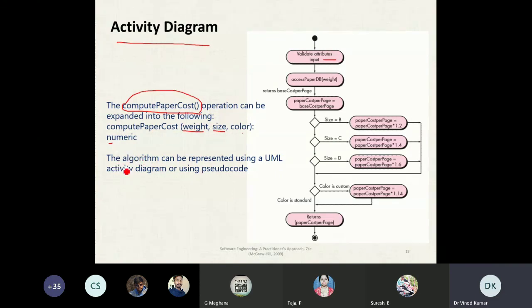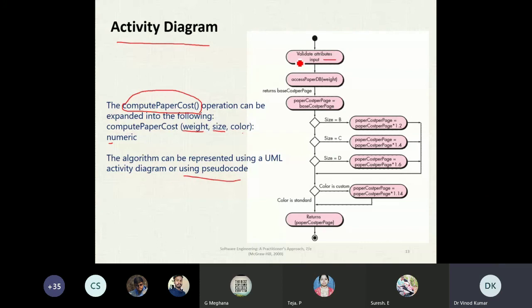The algorithm can be represented using a UML activity diagram or using pseudocode. So compute paper cost is an activity. This is an operation, and how this operation will be done, that is explained here.